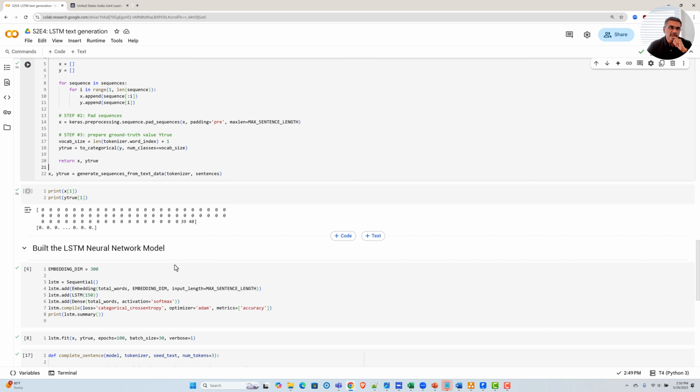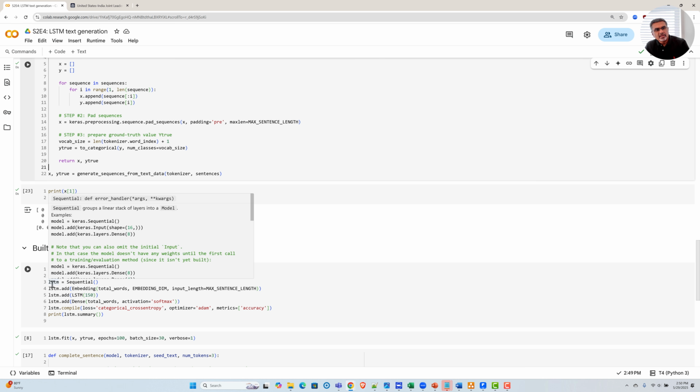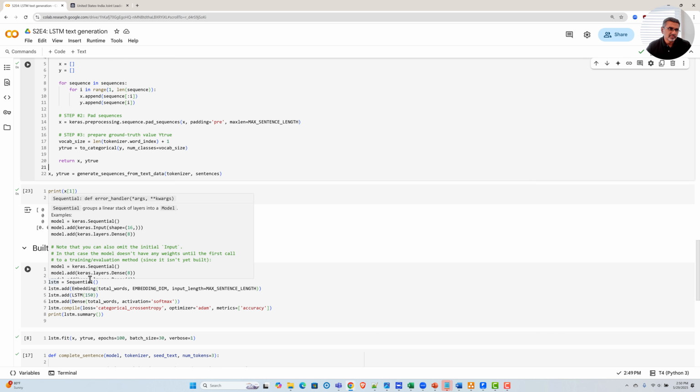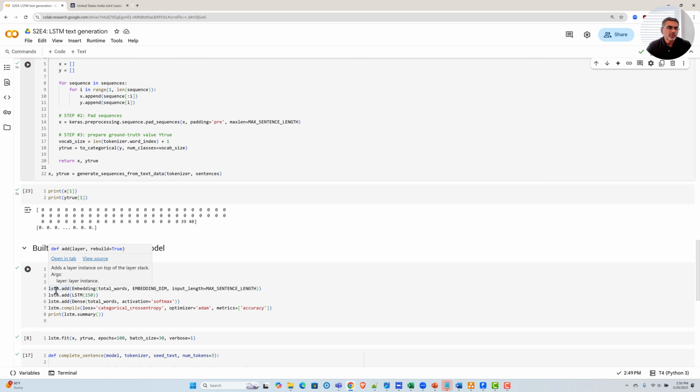Okay. So now that I have tokenized it and I've also converted all my sentences into sequences, I'm going to be building my LSTM neural network. The way I do that is I will use the TensorFlow Keras Sequential module, and then I'm going to add an embedding layer. Remember that a neural network needs to convert text to numbers. So that is done through word embedding. I show this in episode 2 of season 2 as well as episode 3 of season 2.